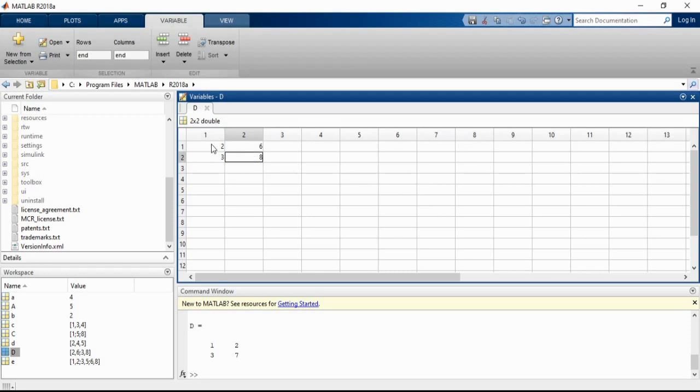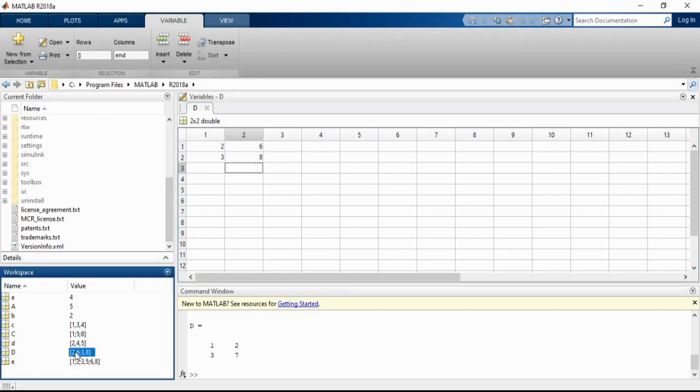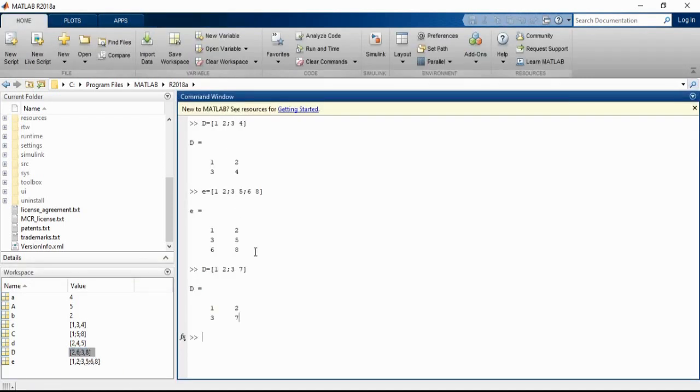Okay, so I have changed the data in the d variable directly by double clicking the d, and you can change the data in the variable editor itself. Whenever you change the data, you can see the changes in the workspace also. Okay, so I changed it to 2638 and you can directly close it.